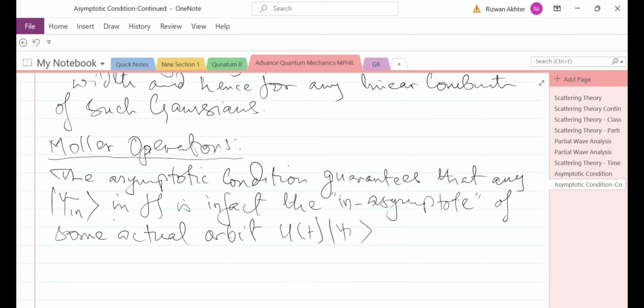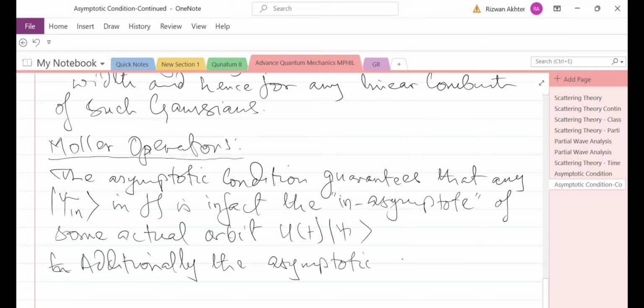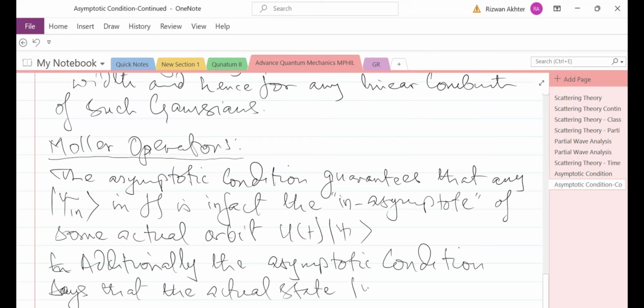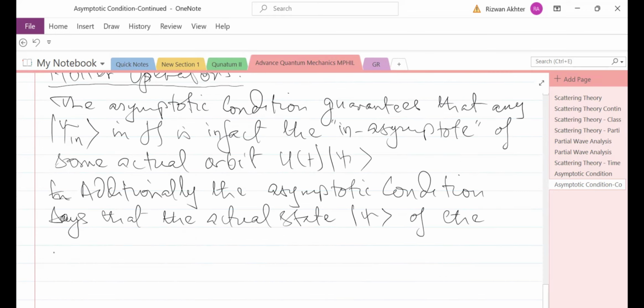So additionally, the asymptotic condition says that the actual orbit, or the actual state, psi of the system, that is the incoming particle and the target at time t equals 0,